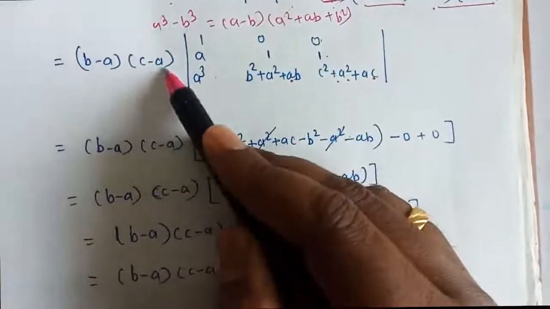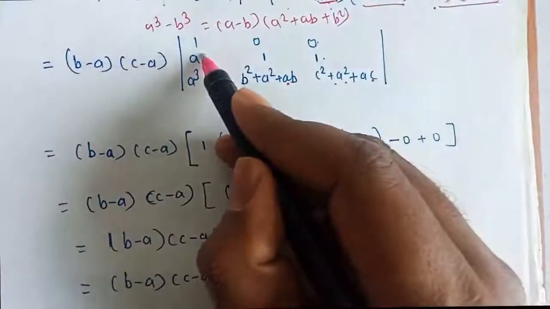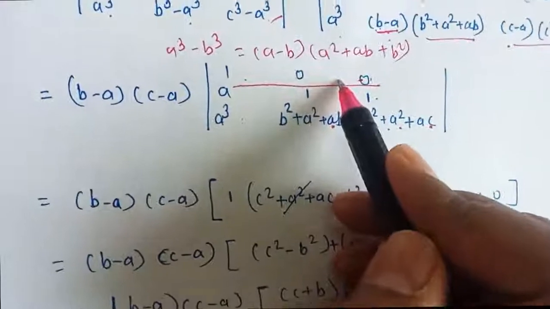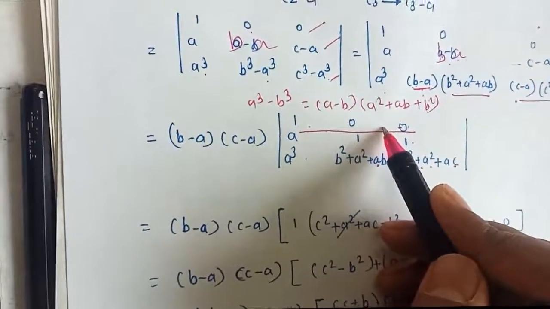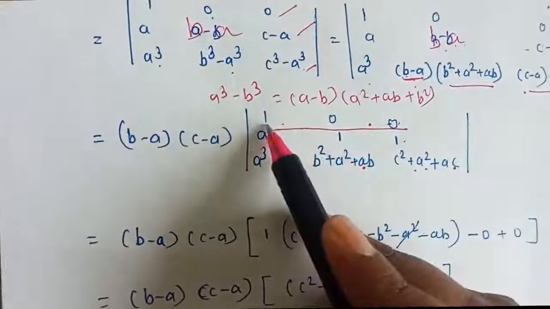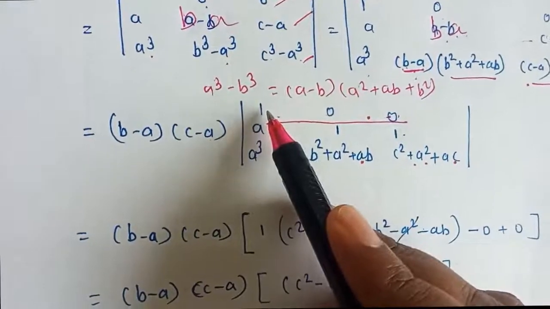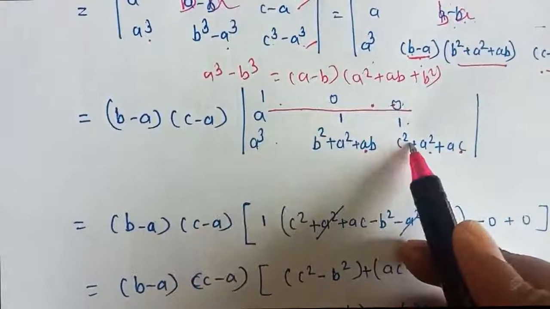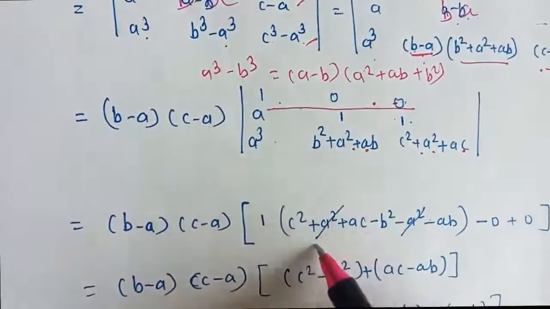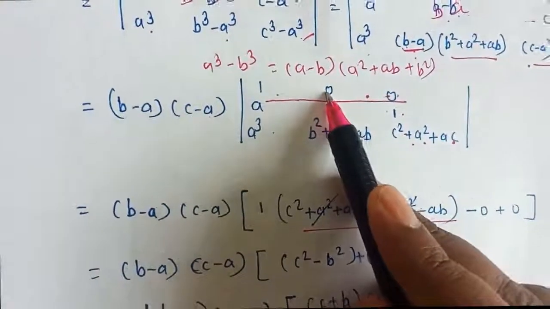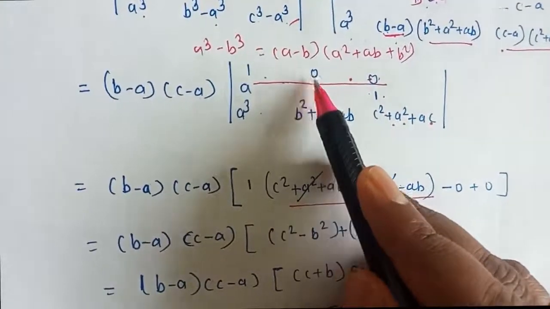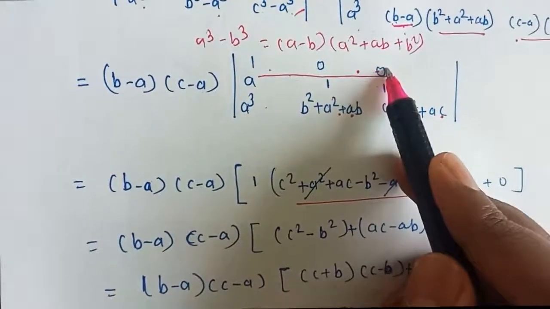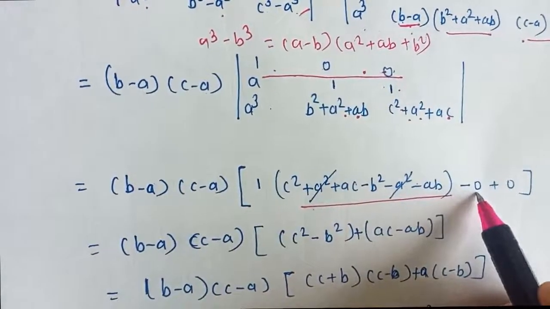Now remember, once we got b minus a, c minus a, and your first row is having 1 0 0, it is the simplest determinant we got. Now we have to expand it. After expansion we will get one bracket of this into this minus this into this, so that's what I have done here. The second element is already 0, and if you multiply 0 with anything you get 0, even for the third element, so I have not written 0 and 0 here.